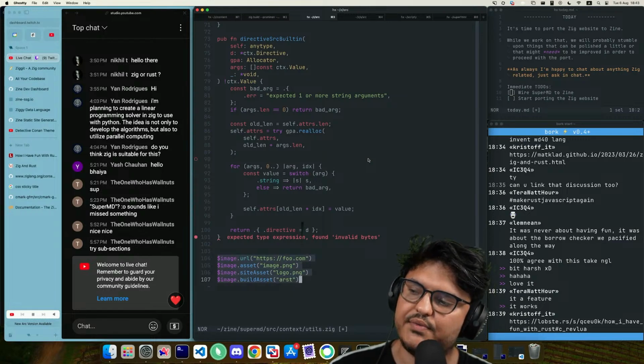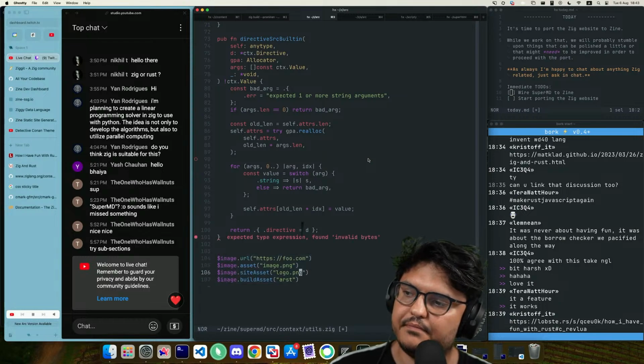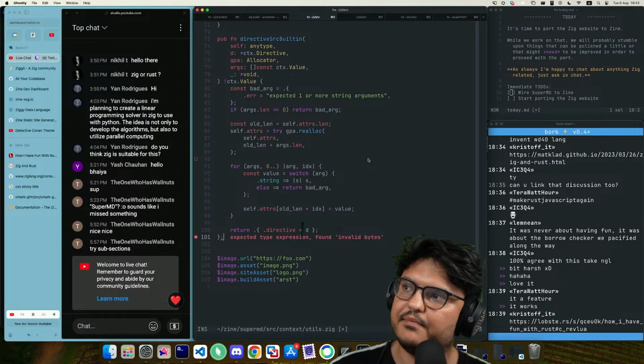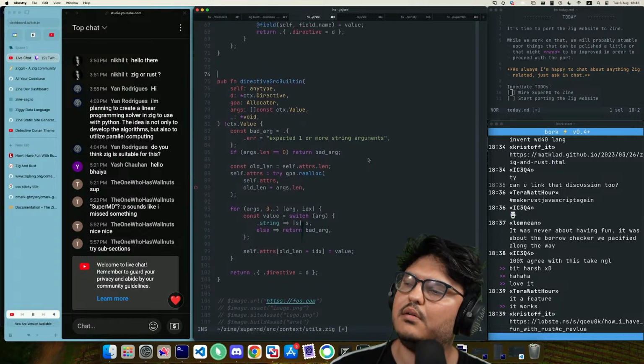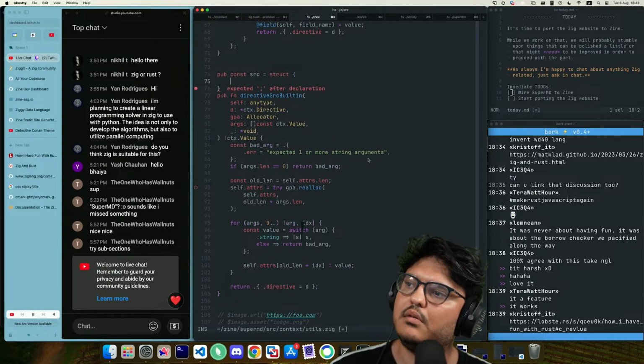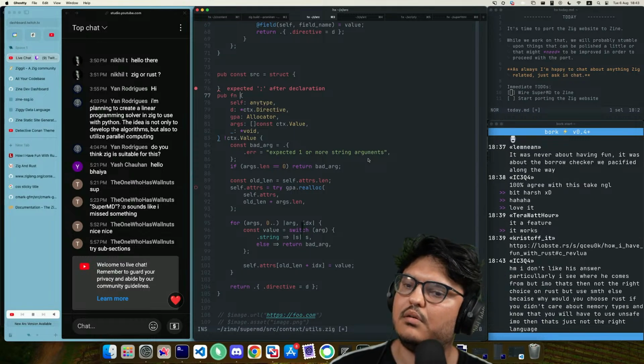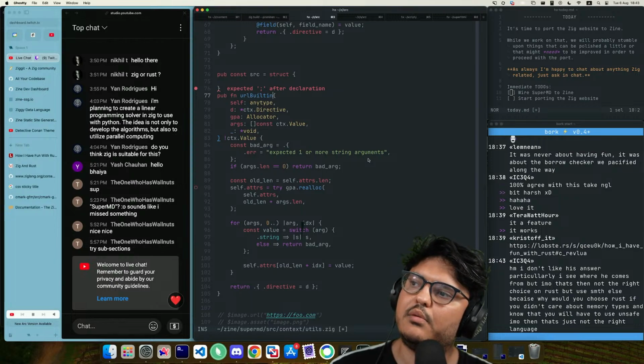Everything that has a source field needs to have this battery of functions, like source URL built-in.